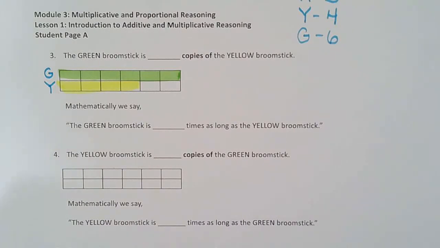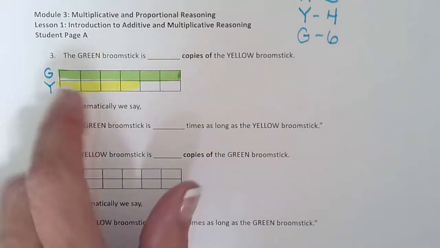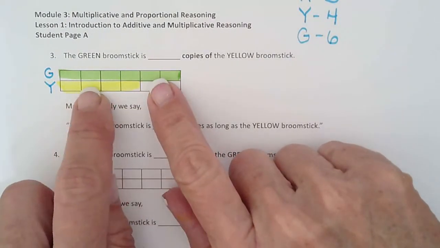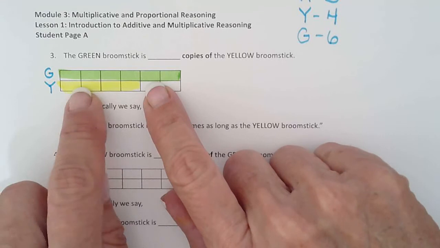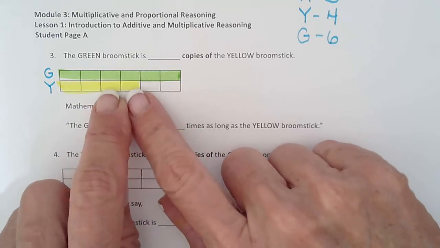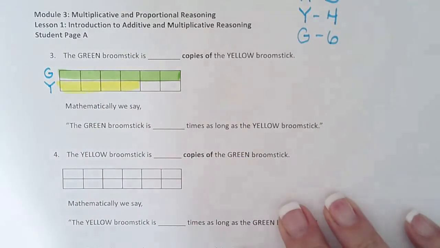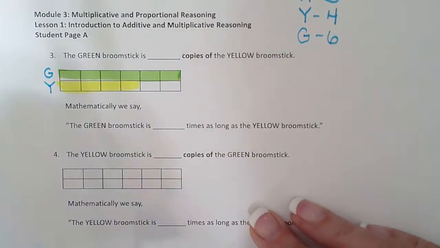So the green's broomstick is how many copies of the yellow broomstick? So you can see it's 1 full copy and then 2 more out of 4. So I would say it's 1.5 copies, but I'll show you how to test that out and show what it